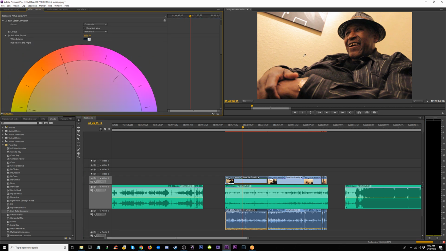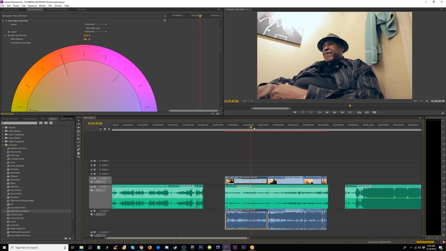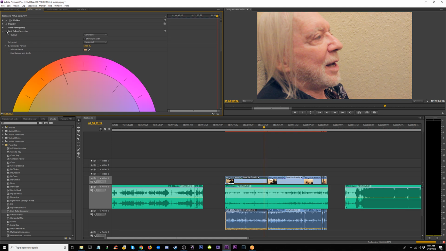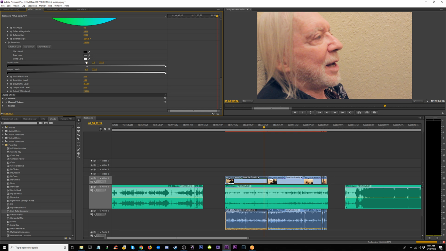Take my dropper and put it on his teeth and just see what we get. It's going to be bluish. That's kind of interesting. What we should do is take Rick's hair and make that the white balance. There we go. So this is before, this was after, and what we can do here is crunch some blacks in,